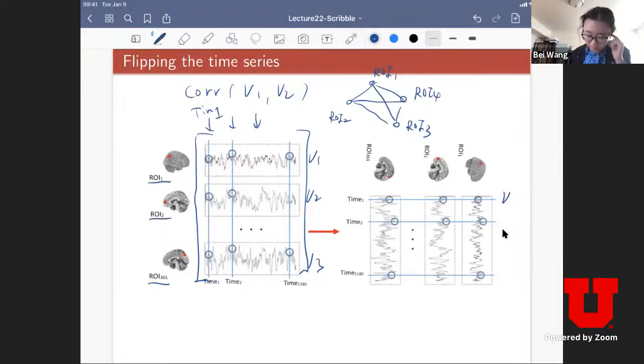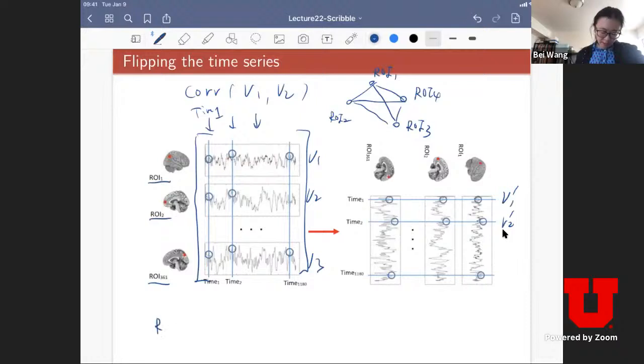So now this vector is the BOLD signal across 361 locations in the brain, okay? And then now we are going to look at time correlation, okay? That gives me another network. If I take row pair of row correlation, it's a network among all the